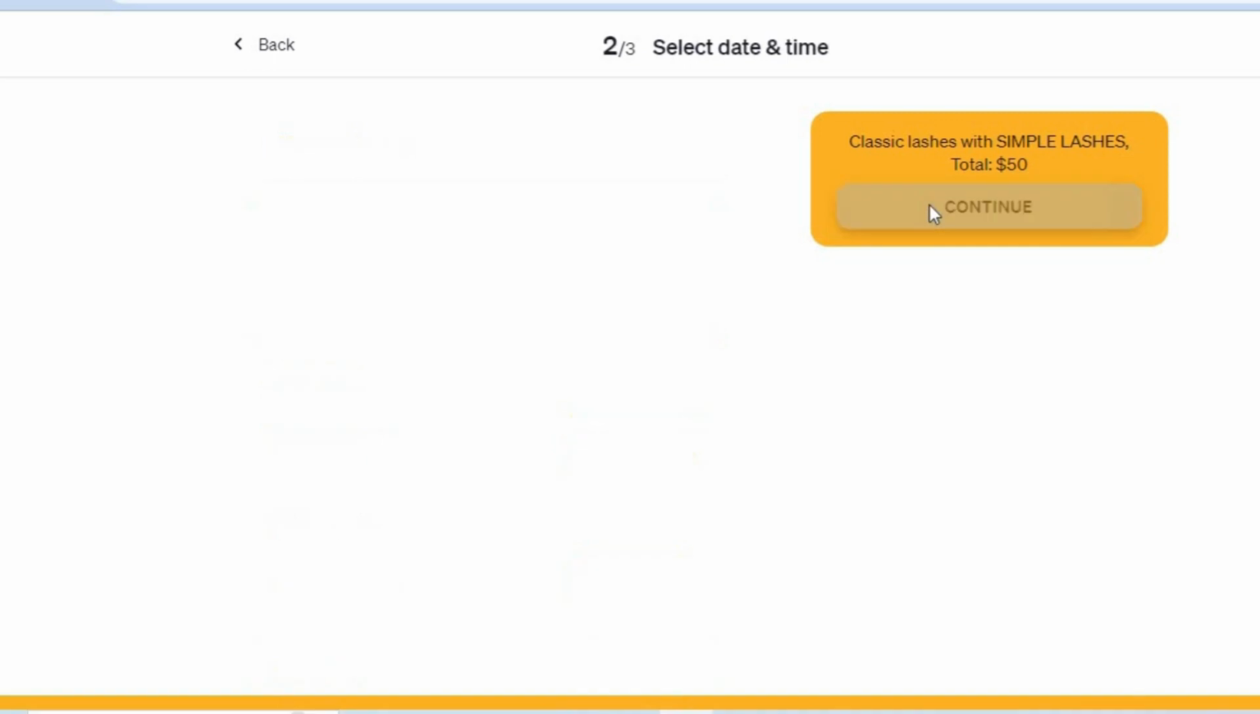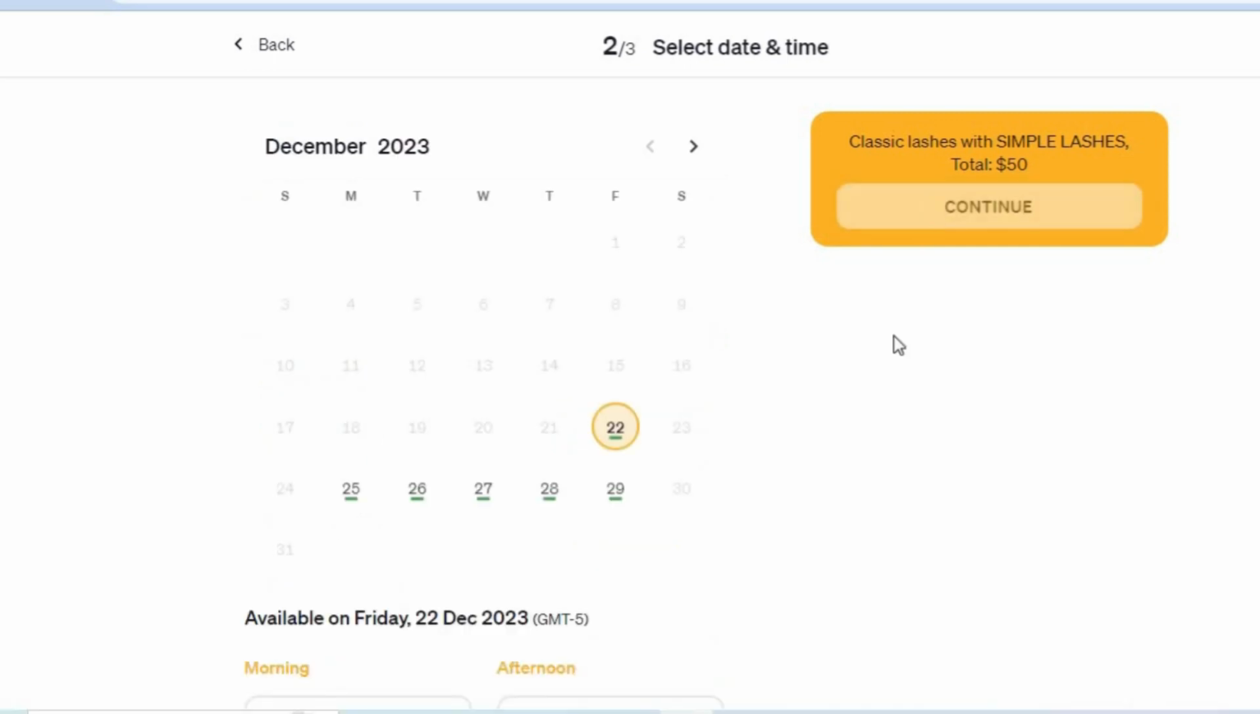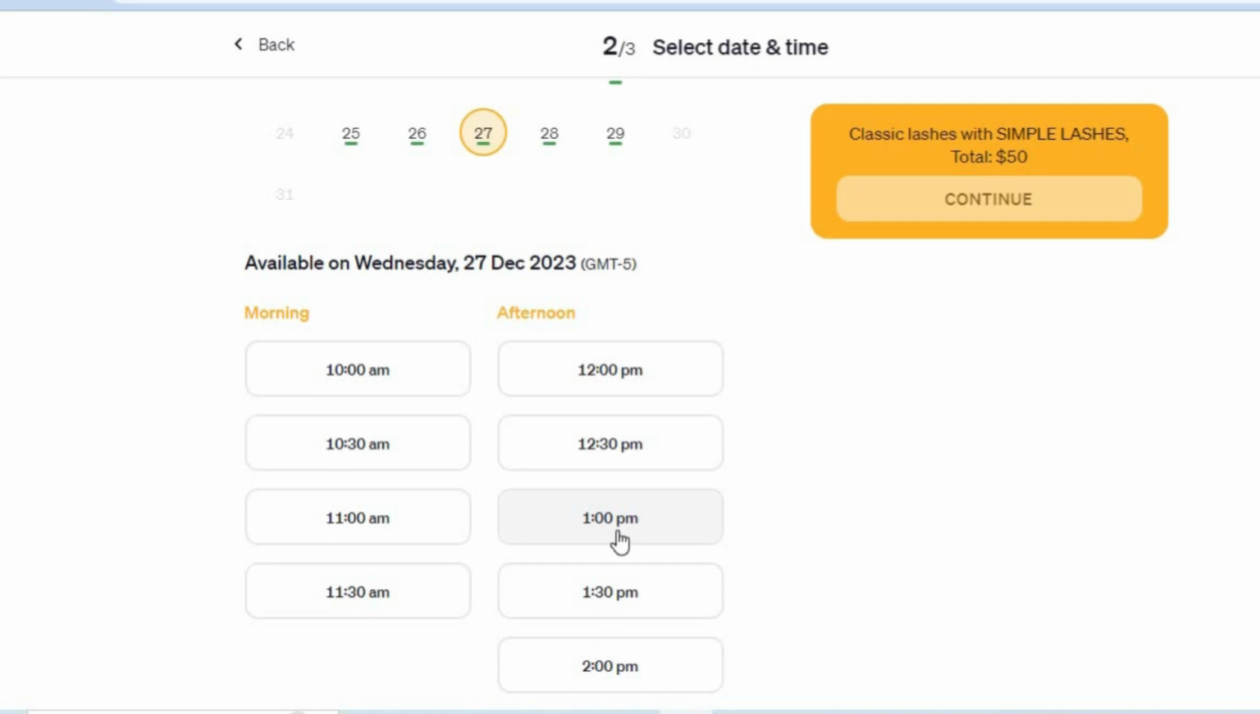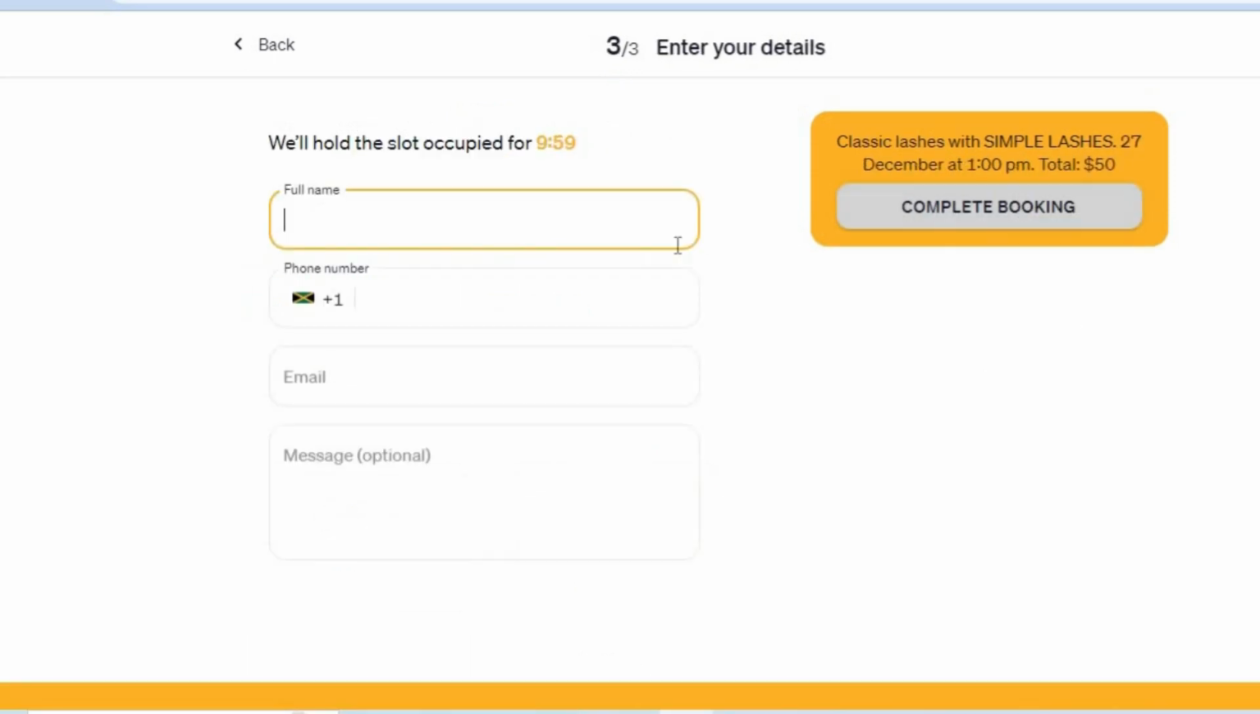then tap on continue. After tapping on continue, they would be able to choose the date that they would like to book the appointment for. Then they would scroll down, and from there they can select the time and tap on continue. After doing that, your customer will fill in their name, phone number, email address, and if they also have any special message that they would like to send, they can type it in right here, then tap on complete